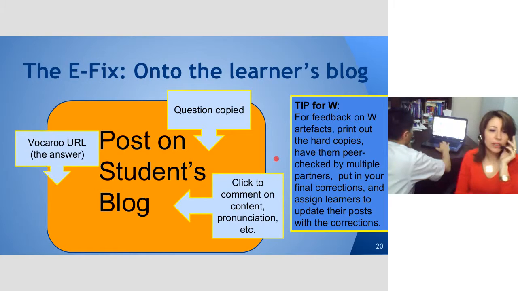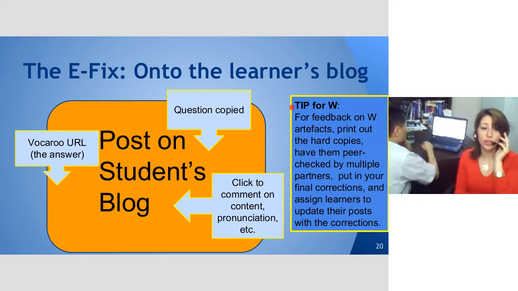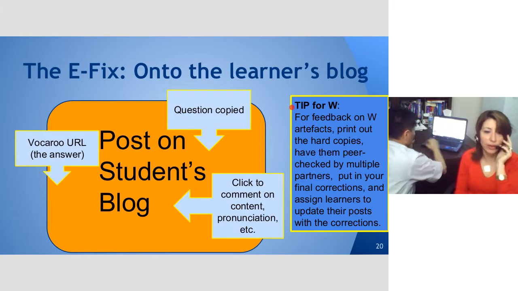Okay, but what if it's a writing task? So for better feedback, you can actually print and give a hard copy to the students, and they can peer check, or the student or the teacher can actually check it for them and update, give them,